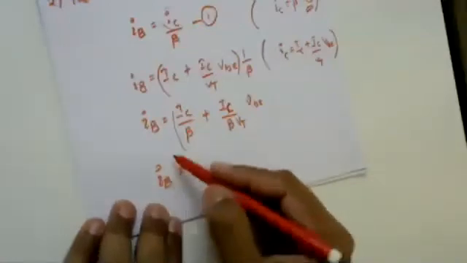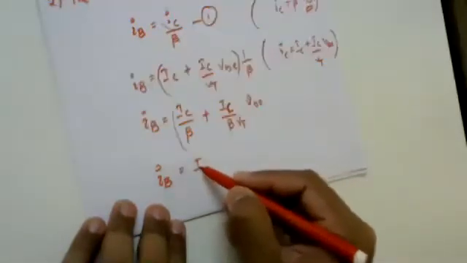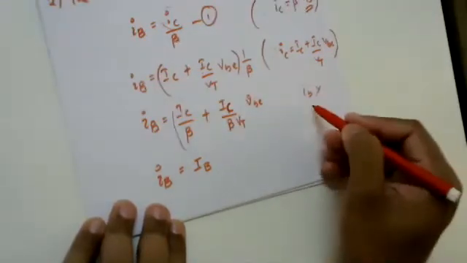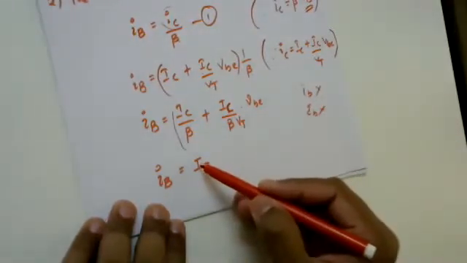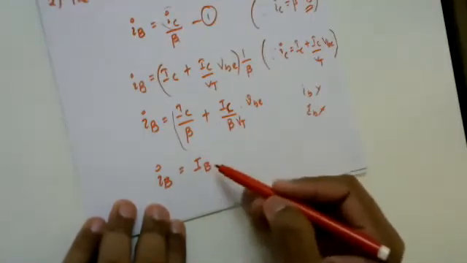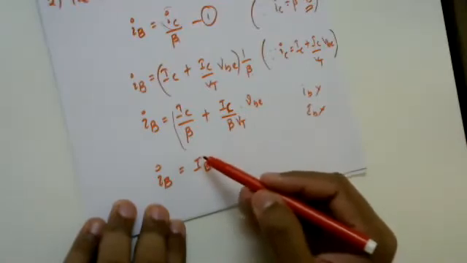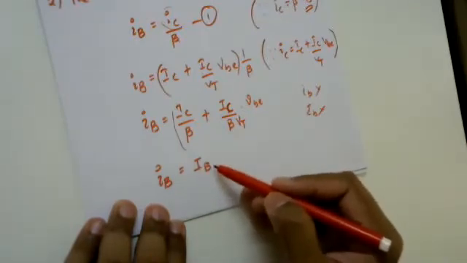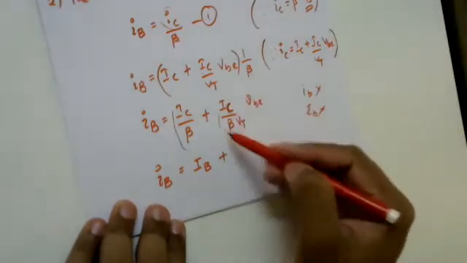My IB is equal to, I need to write this as capital I and capital B. Even if you write IB here, this is wrong. It has to be compulsorily written as capital I and capital B, because this is talking about the DC biasing base current. Remember it. So when I say DC biasing, it means this is the DC component of my base current. So it is capital IB plus, this is talking about the AC component.